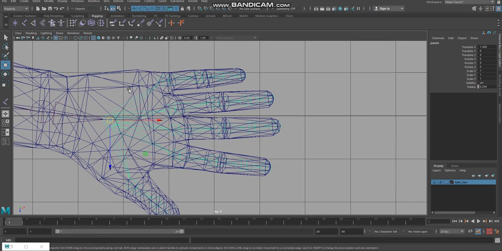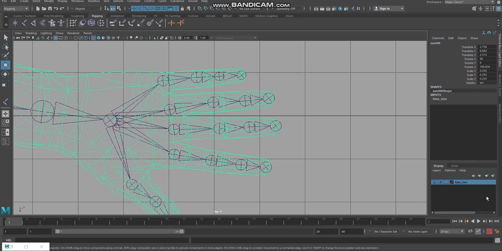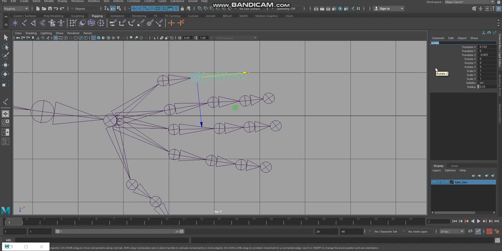Okay, I will start from here. This joint is called joint 4. I'm just giving it a name, left palm, PALM. Then this is the left pink finger, so L underscore pink underscore base. Left pink base joint. Okay, and I will turn off this geometry. Now I'm going to give left pink mid,